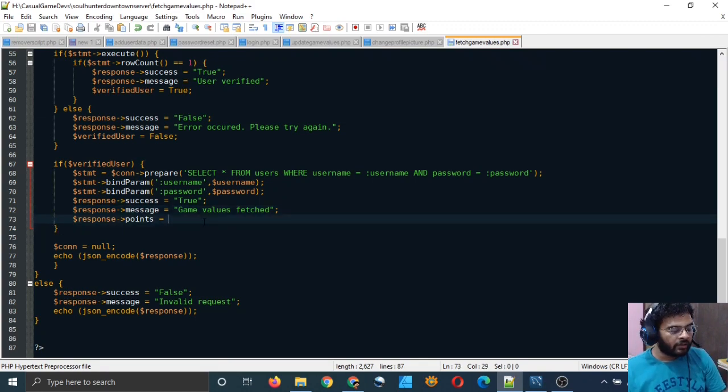But here we cannot type anything. This should be a value that was fetched from the database. We have not done that kind of thing yet, so let me show you how it is done. You can use a different kind of approach in order to do this.